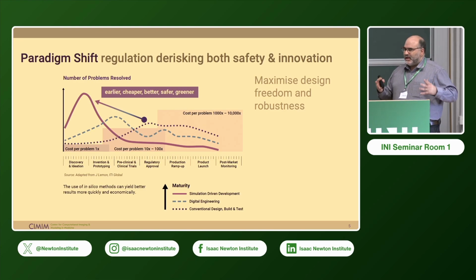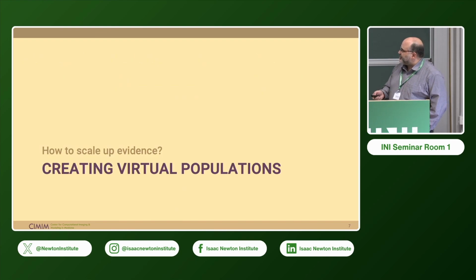So if we could somehow turn this around and find some cheap way to do much more thorough testing early on, this would lead to much safer products, hopefully, but also a reduction in the cost of testing. You will still need to do trials, but the idea is that they will be more confirmatory of your hypothesis rather than trying to fully assess the product from scratch. Now, this boils down to